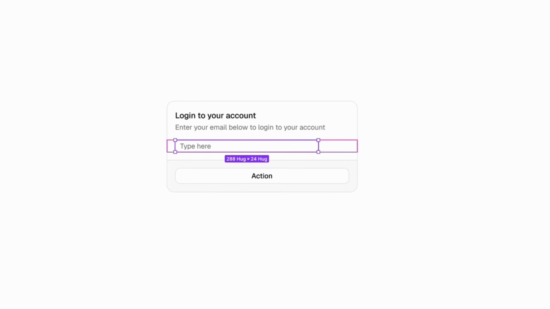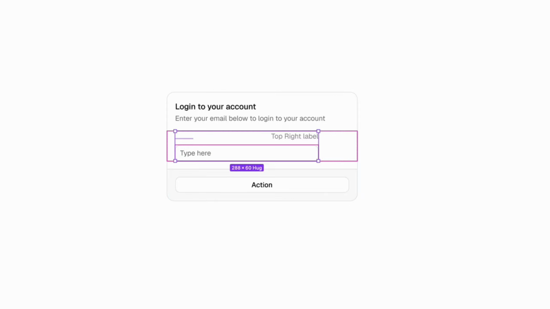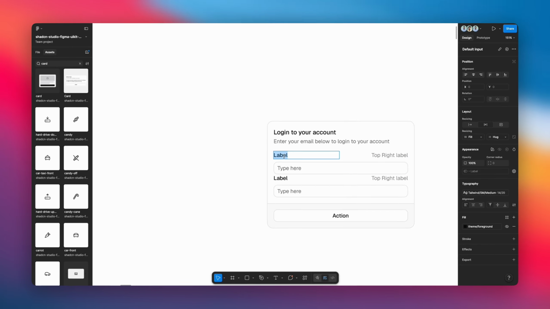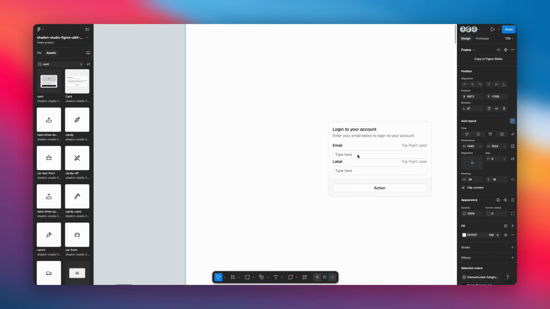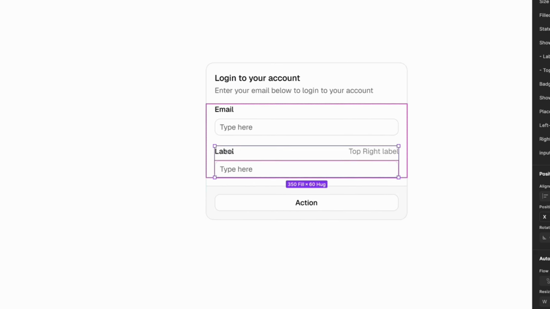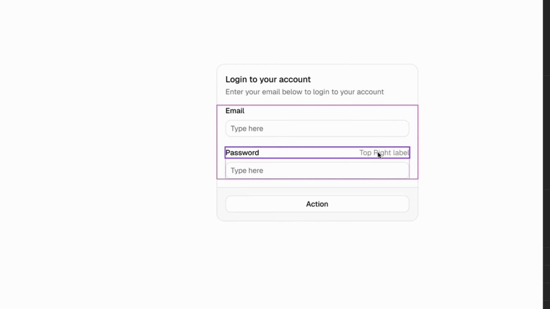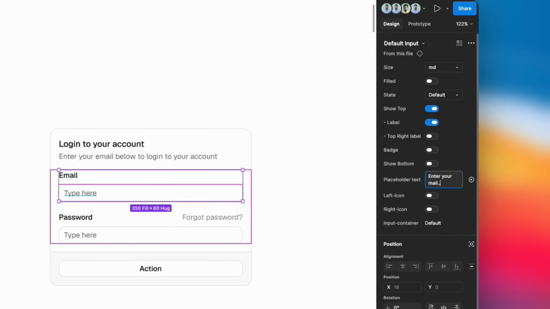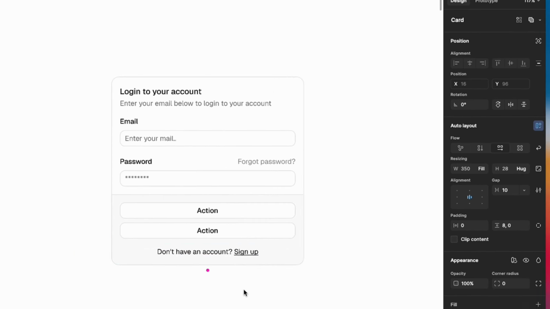then adding multiple components inside the card, an email input, a password input, and additional buttons. Adjusting the spacing between each element to build the layout. By combining multiple slots, we have transformed a simple default card into a fully structured login form, all without detaching